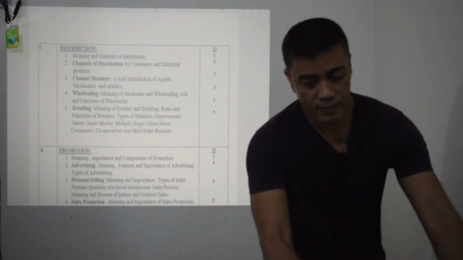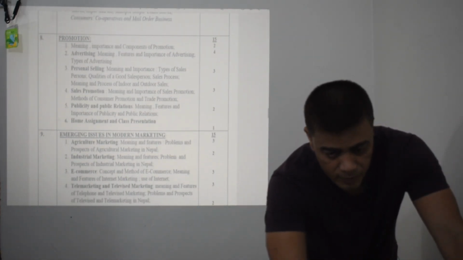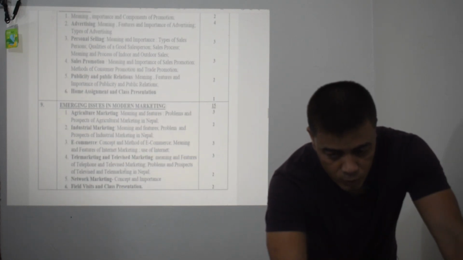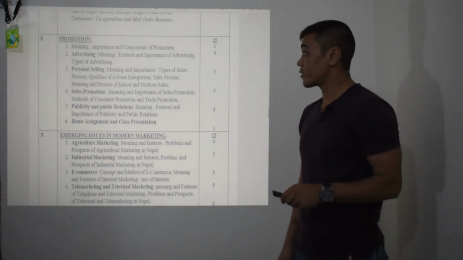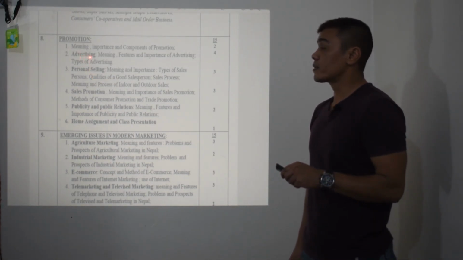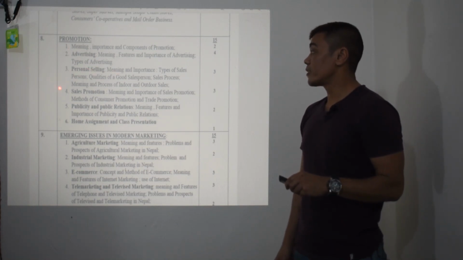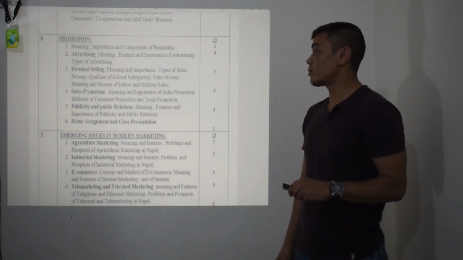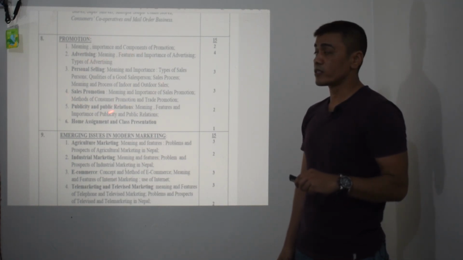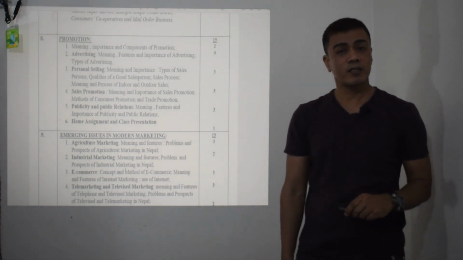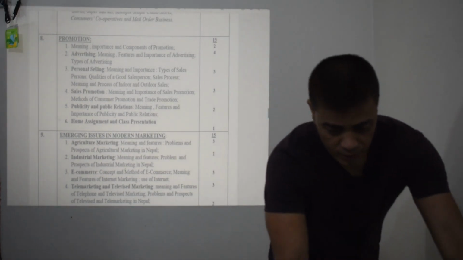Hope you are reading. This is only the revision, just shortly I am going. And similarly, to promote the goods, various ways are adopted. They also you need to study, like advertising. What is advertising? Why is it important? Personal selling, sales promotion, publicity and public relations. So regarding this is also the most important chapter. So from here also you have to study. I think you are doing good under this.